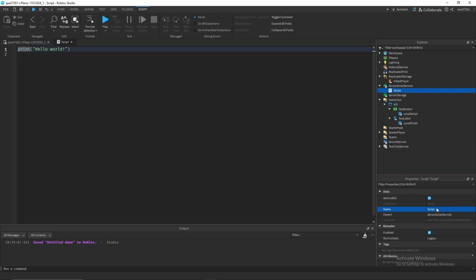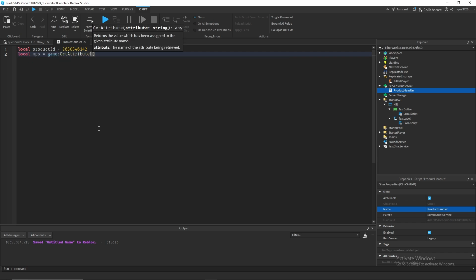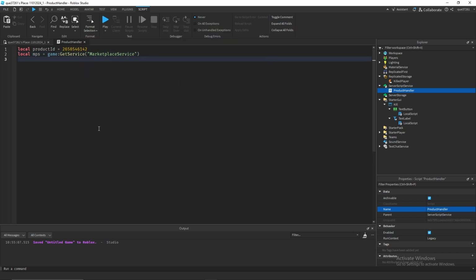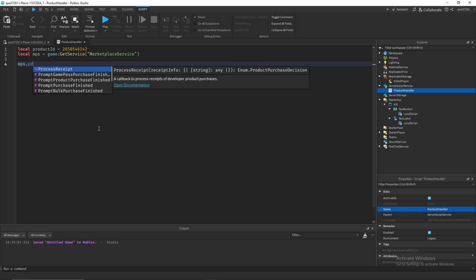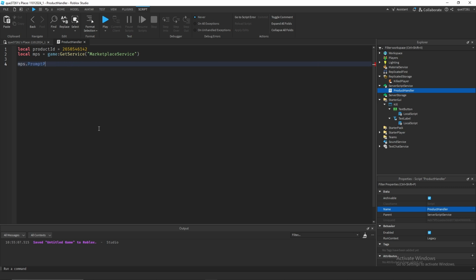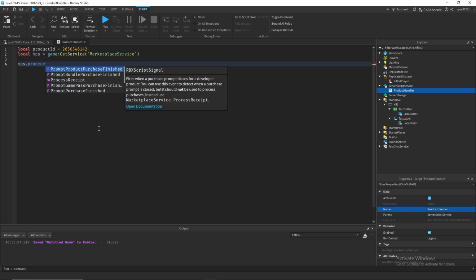You can go to the server script, and I'll call it product handler. You can name these whatever you want. And then this is going to be local productID is equal to the one that we just put in the local script, local MPS game:GetService("MarketplaceService"). And we can do MPS.ProcessReceipt